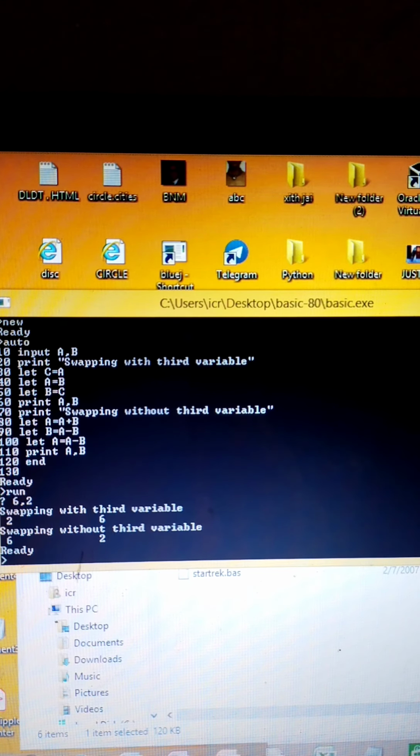Now let's look at a program to print a Fibonacci series.